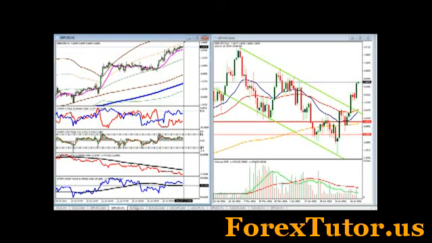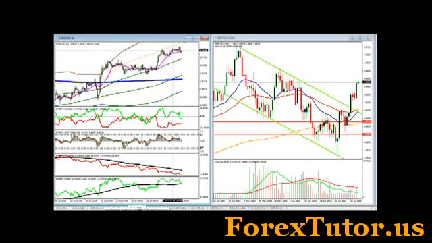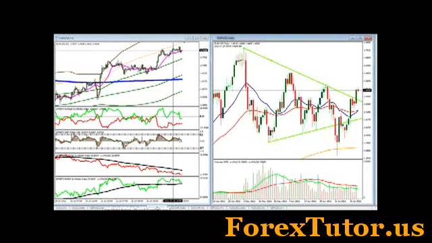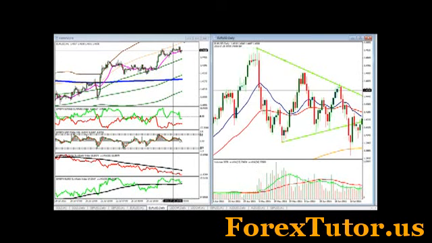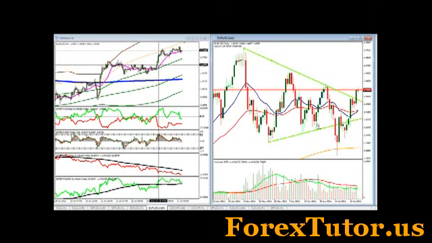As we switch over to the euro dollar, we're going to see a similar thing. We can scroll over just a little bit, see our little wicks here, grab our horizontal tool, plop it in there, and that's basically right where we are right now. Again, this is a place where, although the dollar is weak, we may need another catalyst